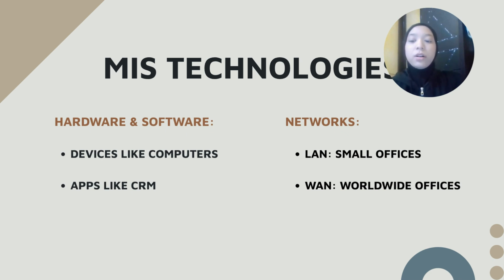So hardware includes all the physical devices that support the MIS. They might be desktop and laptop computers where data is entered or accessed. Second one is scanners and barcode readers, which are used to quickly input product or sales data. The third one is printers, which might be used to generate reports or invoices. And the fourth one is servers, which store and manage large amounts of data. And the last one is we are also seeing more use of mobile devices and tablets, especially for sales teams, warehouse staff, or remote staff.